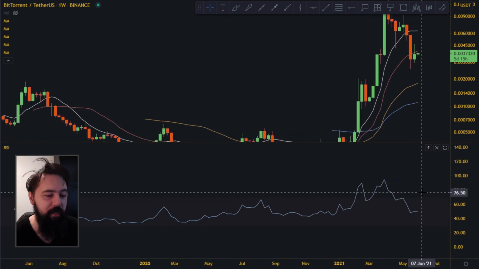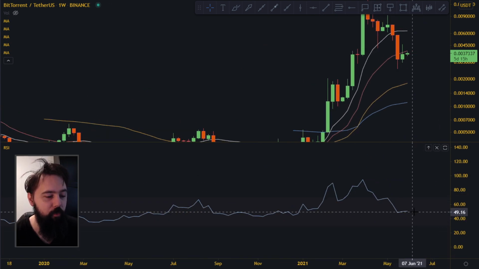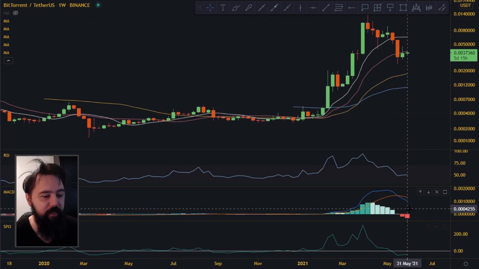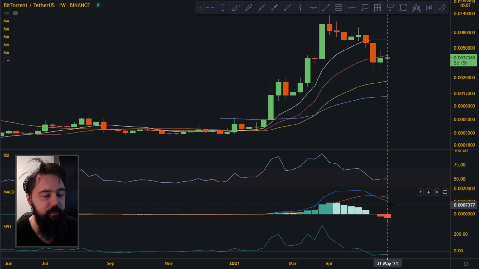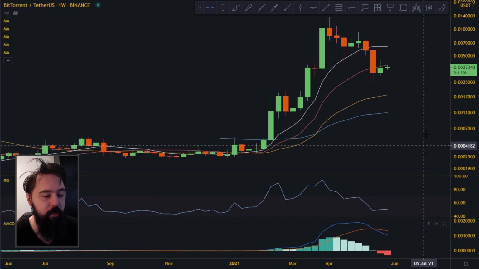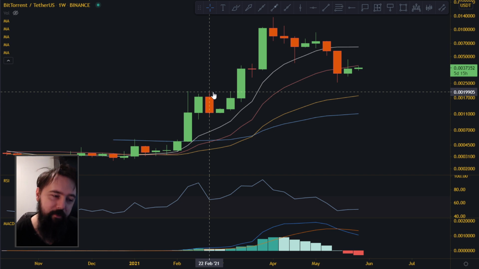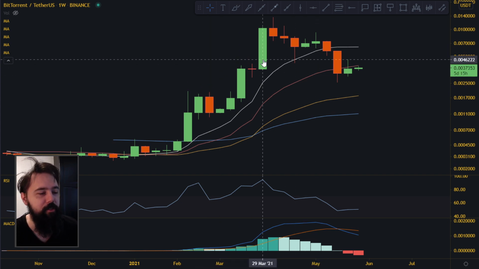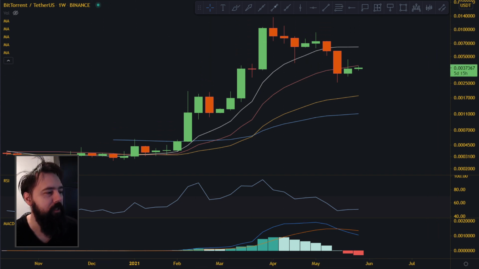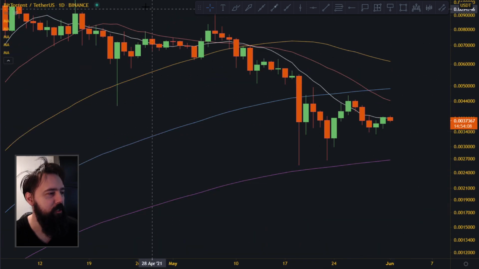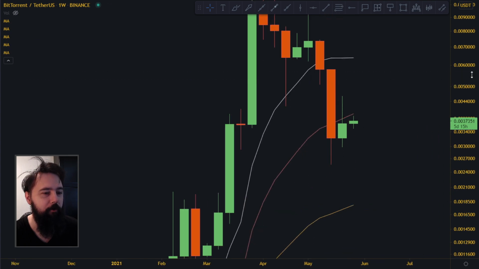But we are just looking at technicals right now. We just want to know what's happening. Let's see the MACD and stuff like that. On the MACD, we got a bearish cross here on the weekly chart as well. So it's not an optimal playbook, but if Bitcoin goes up, and we hope it's going to go up, then it's probably going to pull BitTorrent up as well. So we're going to see that. But BitTorrent by itself doesn't actually look good on the weekly time frame right now.